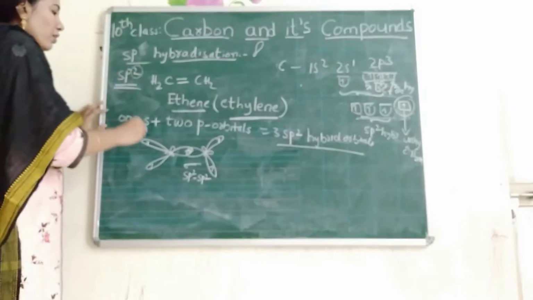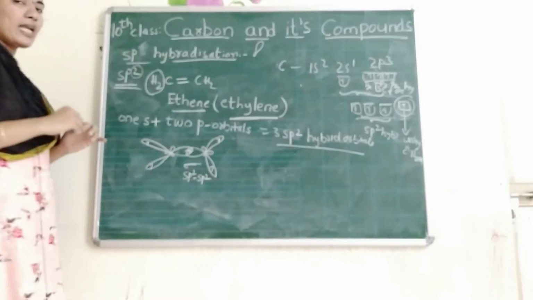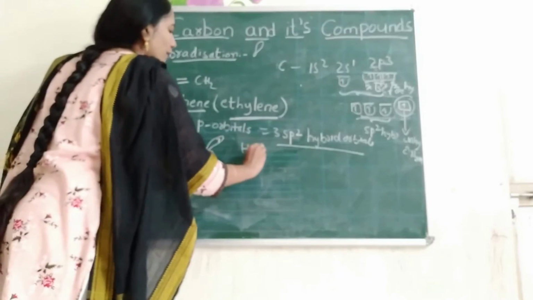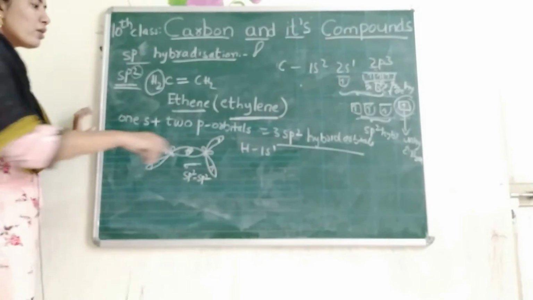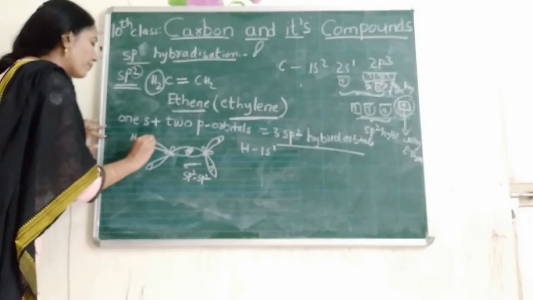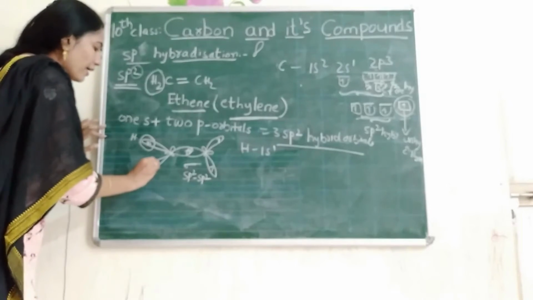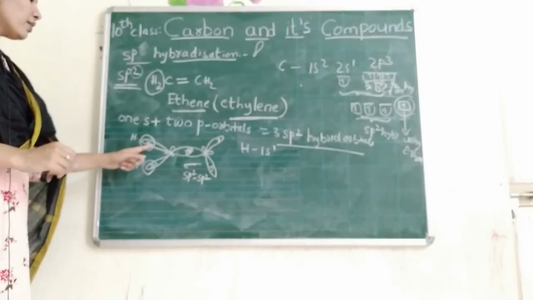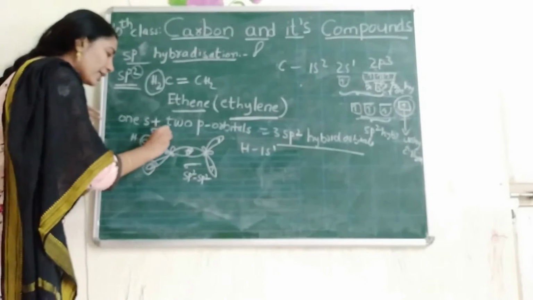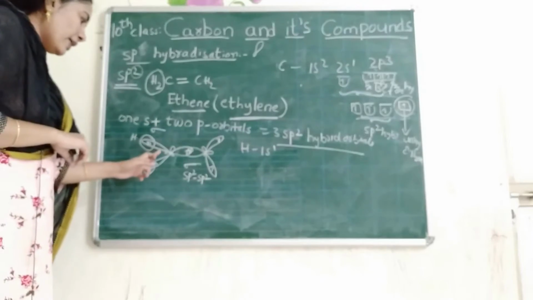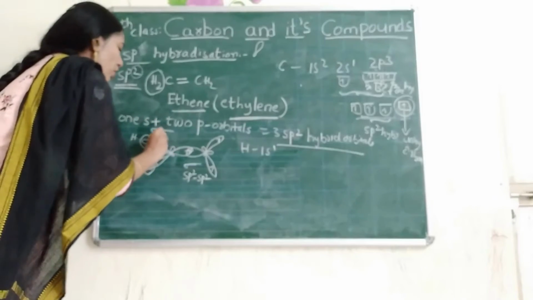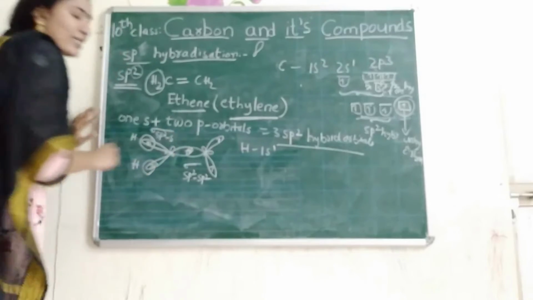Okay, next for this carbon how many hydrogens are there? 2 hydrogens are there. What is the electronic configuration of hydrogen? 1s1. What is the shape of the s orbital? Spherical shape. This hydrogen forms a bond with this sp2 hybrid orbital of the carbon and again the other hydrogen forms the bond. This is also an end-on-end overlap. End-on-end overlap leads to which bond? Sigma bond. But here the sigma bond is formed between the sp2 hybrid orbital of carbon and the s orbital of hydrogen. So this is called a sigma sp2 s bond, isn't it?